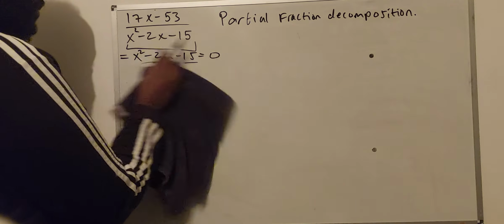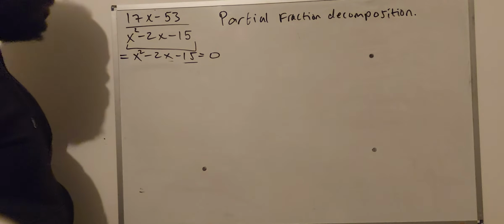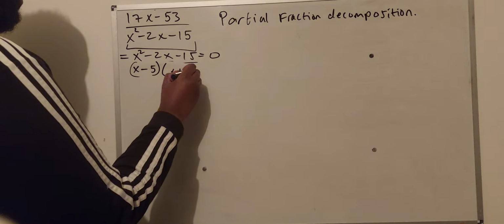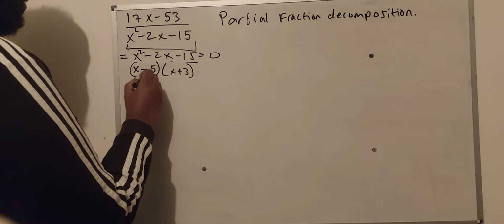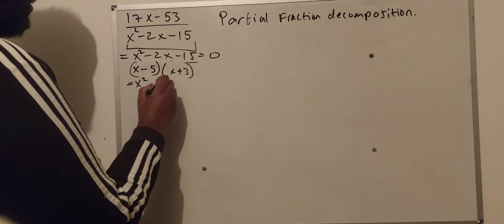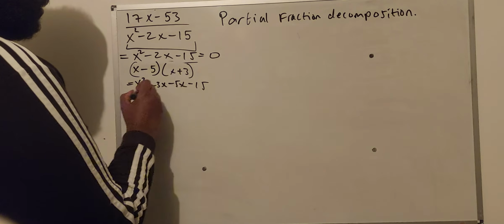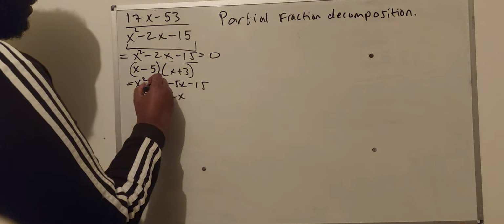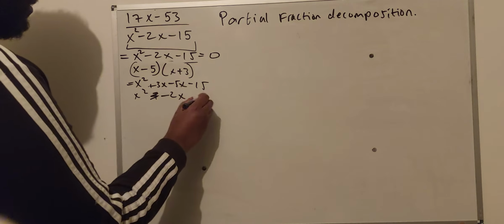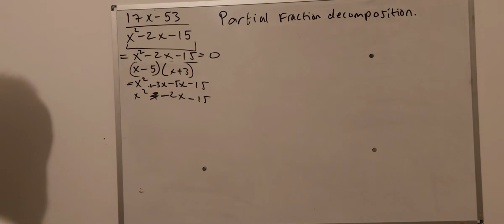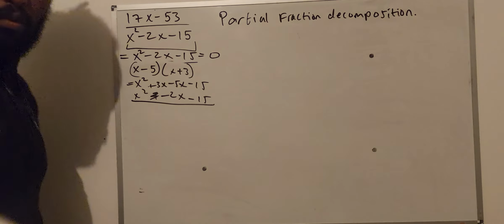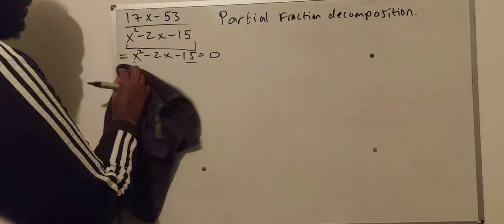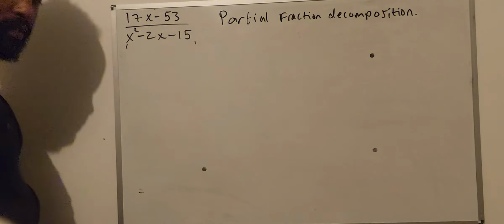Minus 5 and 3. Yes, exactly. So it's going to be x minus 5 and then x plus 3. Here's how you know it's correct. x squared plus 3x minus 5x minus 15, so x squared minus 2x minus 15. That's how you know those values are correct, if you get the same value when you expand the brackets. So now that we know it's x minus 5 and x plus 3,